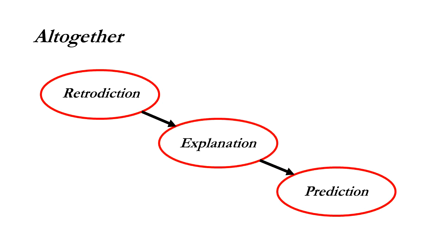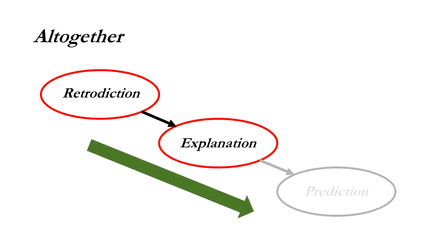Now similarly, we can use retrodictions and explanations to fill out this grayed out bubble of predictions. We do this a lot, like for instance, when we think about how consumers purchase goods at certain times of the year. Like if we understand the mechanisms why people are driven to purchase goods, and we've used these models to explain behavior in the past, we can make plausible predictions about their behavior in the future.